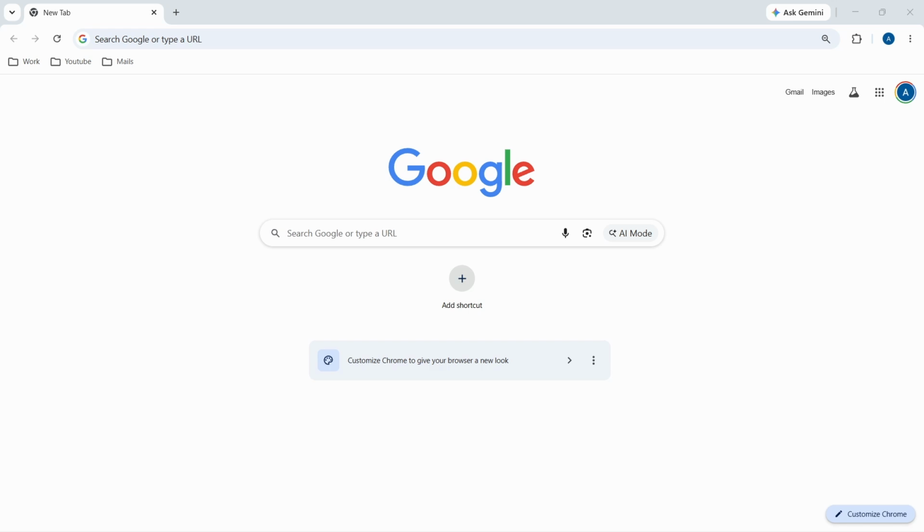This is how to change your Gmail address. So Google finally allows you to change your Gmail address without creating a new account. And here's how to do it. One thing to note is that this feature is currently rolling out, so there is a chance you may not have